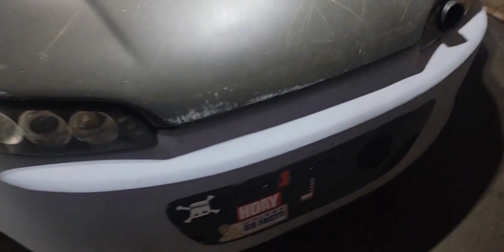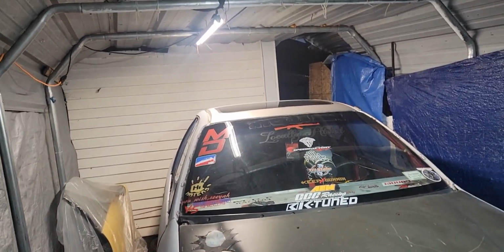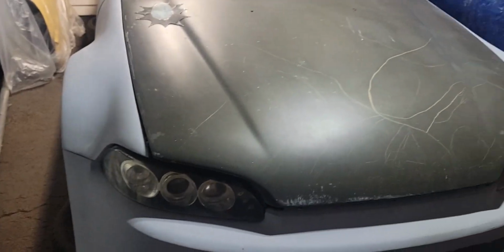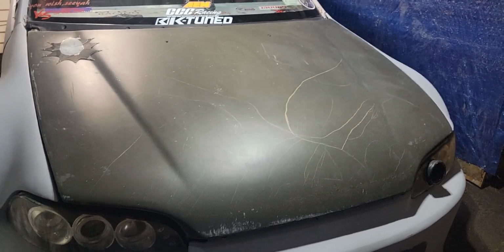Alrighty, you guys guessed it. We are picking right back up with none other than my hatch, my track build, my K24 ED hatch, the Wolverine. It's been a minute, I haven't worked on it. Last time we worked on it, the roof was leaking. We repaired the leak on the roof, so we are good to go. Ready to start working on two of my favorite Honda Civics on the channel, the Wolverine ED hatch